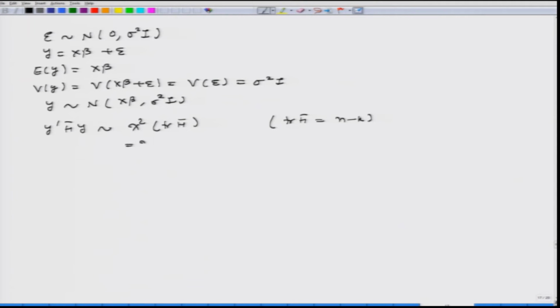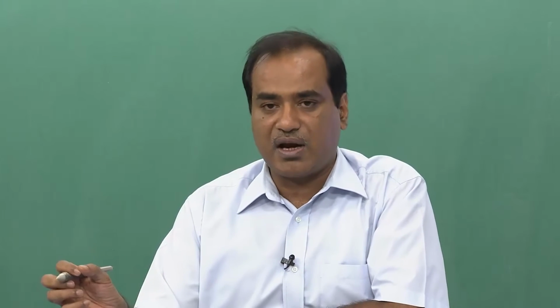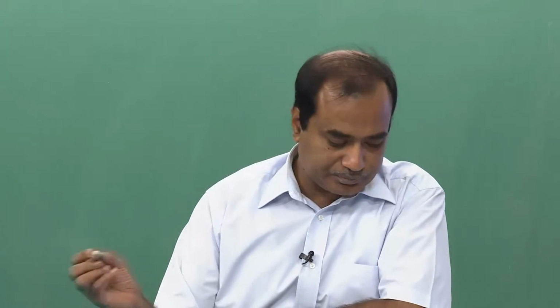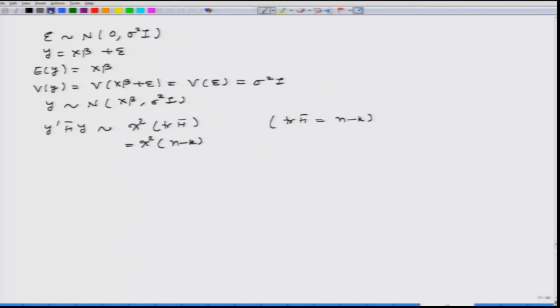So, this is nothing but your chi-square distribution with n minus k degrees of freedom. And we also know that if there is some random variable which is following a chi-square distribution, then the expectation of that random variable is the same as the degrees of freedom, and its variance is twice the degrees of freedom. So, using this result I can write down the expected value of y transpose h bar y is equal to n minus k sigma square,